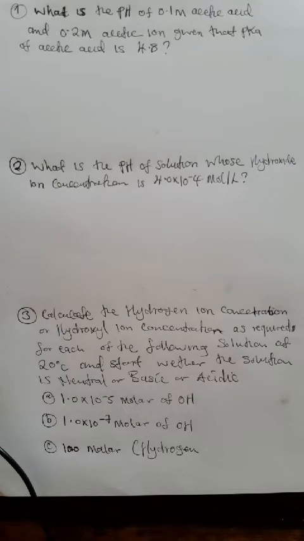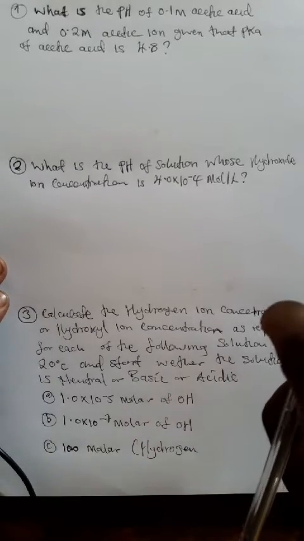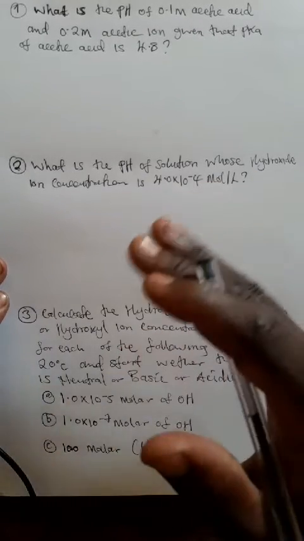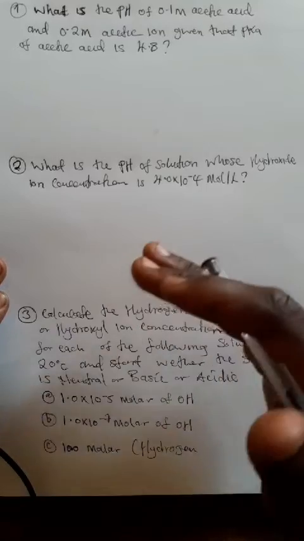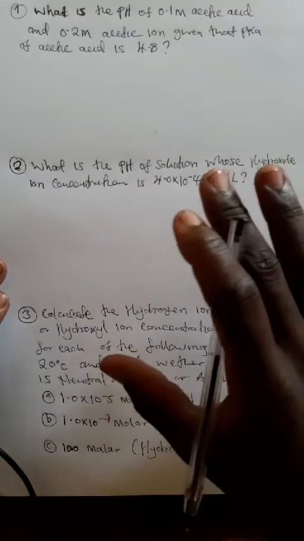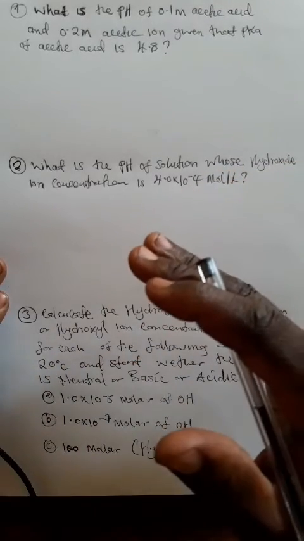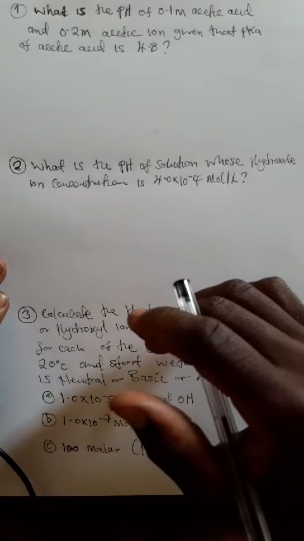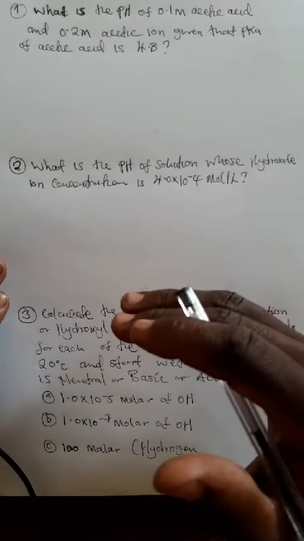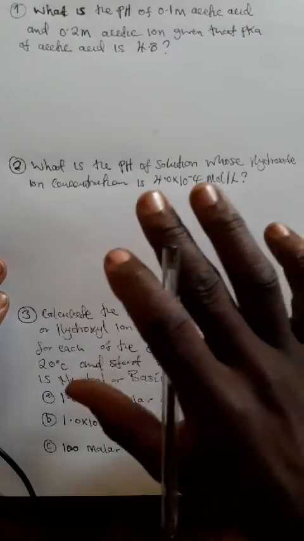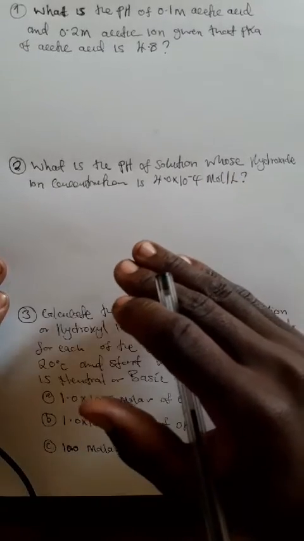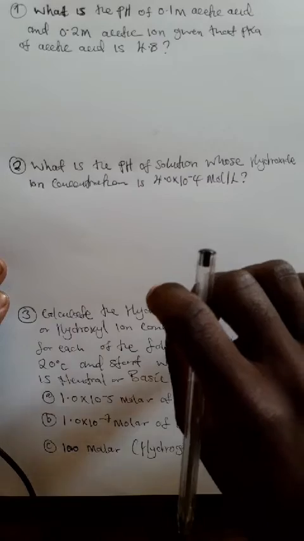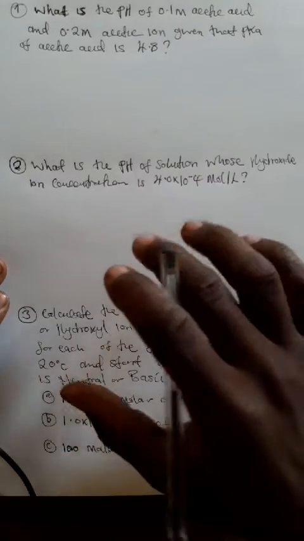Okay, let's now just try to solve these 5 questions. The first question: in the previous video we discussed the pH, the buffer, and the equations related to how we can calculate the pH, the hydrogen ions, the pOH, and so on. So now these are the questions that I said we should consider. Just make sure if you didn't watch the previous video, watch it so that you can know how we are